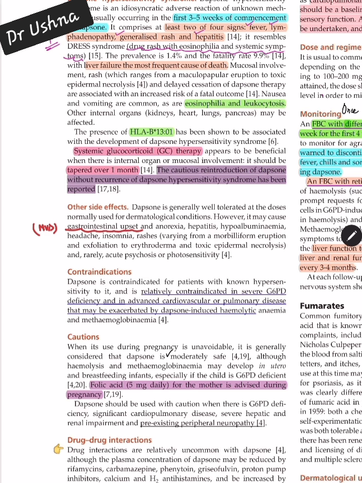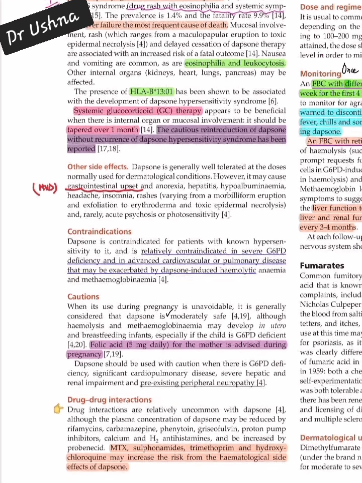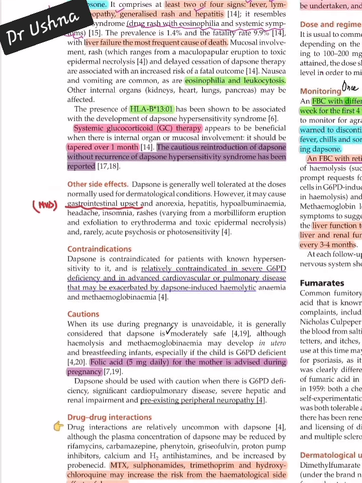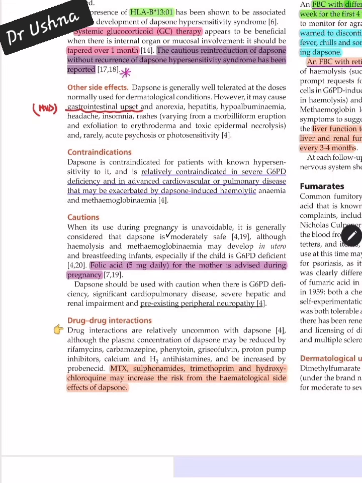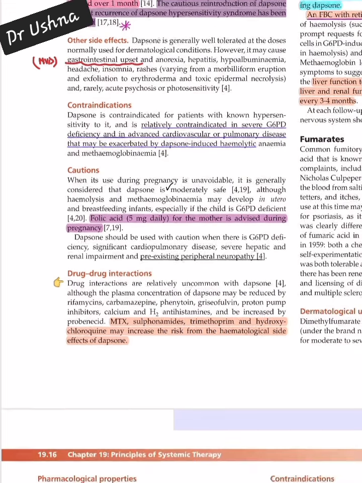And the cause of death is liver failure. In this, most of the time you are going to find nausea, vomiting in these patients, eosinophilia, leukocytosis, and immediate withdrawal of the drug is the right answer here. But the important thing about Dapsone is that the drug can be reintroduced with caution, so this is important. Other side effects, you already know that it can be hepatitis, hypoalbuminemia, GI upset, erythema, exfoliative dermatitis we have